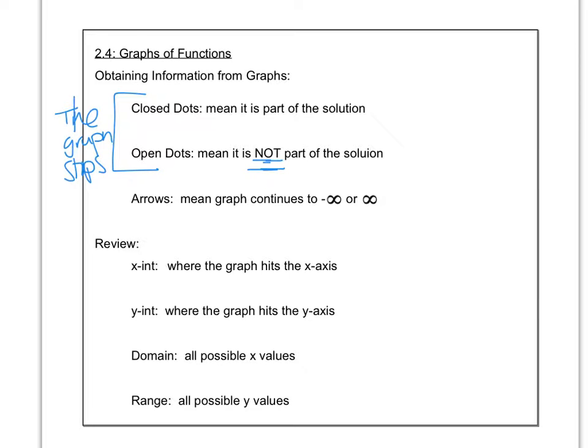The x-intercept is where the graph hits the x-axis. The y-intercept is where the graph hits the y-axis. And then the domain is the set of all possible x values. The range is the set of all possible y values. With those last two,